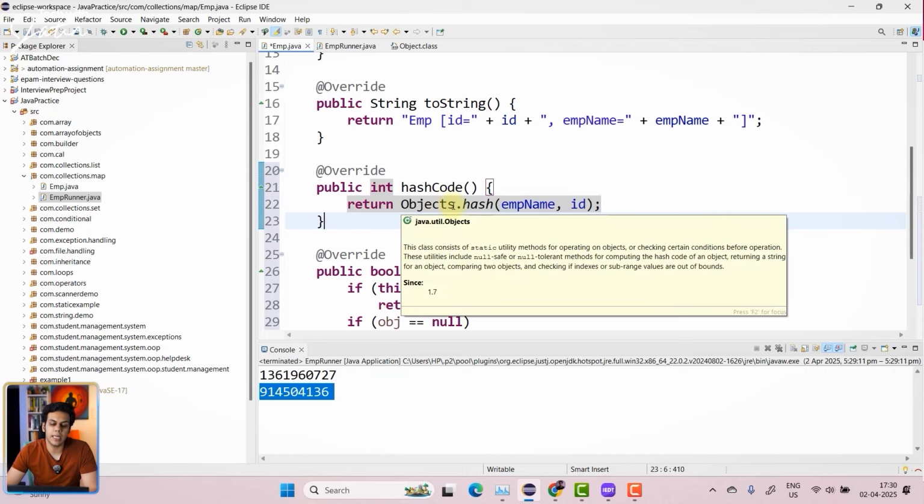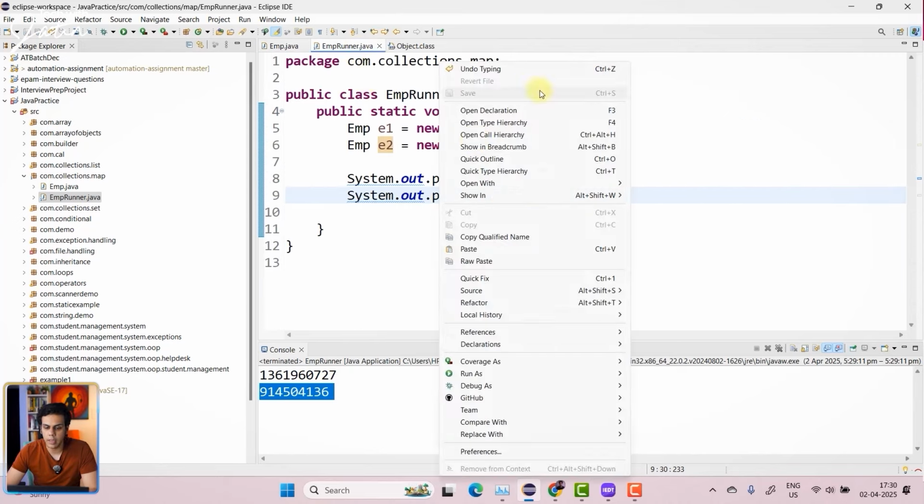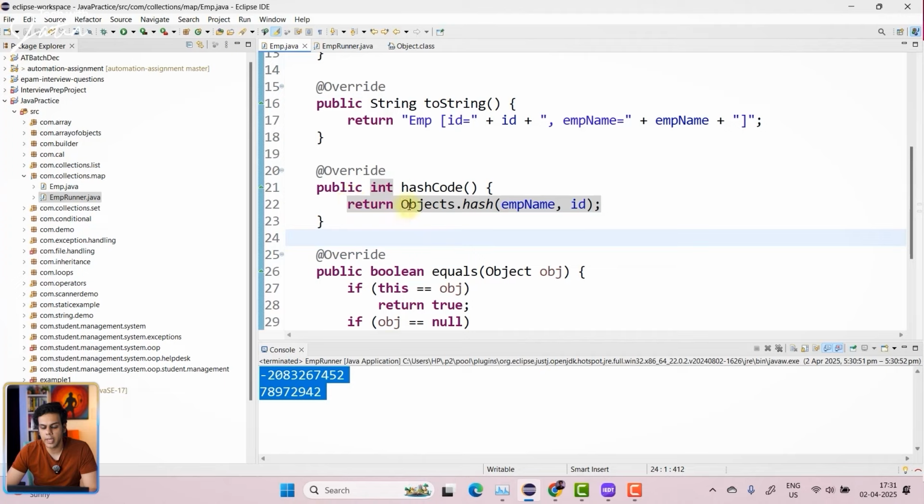And technically what it does is it just calculates the hash and gives it back. So I'm going to save it. Let's right click, run as Java application. And now you will see that the hash code which is getting generated is different. All right, so what happens over here, my dear friends, is Objects.hash with employee name and ID is computing the hash